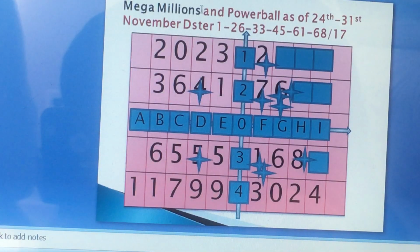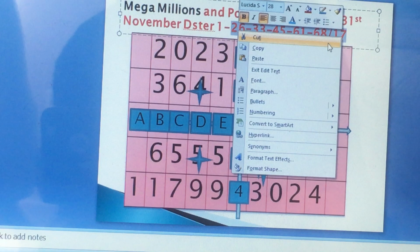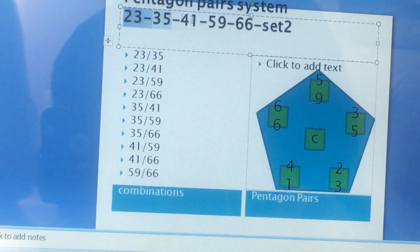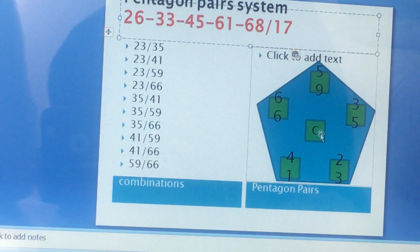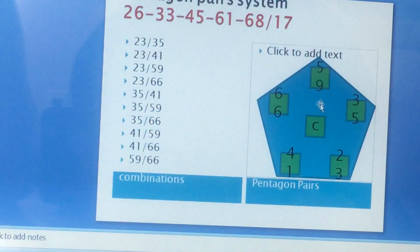And then post the winning number here for last Mega Millions. Last Mega Millions, the code was 61. There were two codes actually, and the code was 61. I'm going to paste this winning number here. And the code was 61. So if I didn't know the code was 61, let's say I could put it in one of those 5 numbers. Since I know the code was 61 last draw,